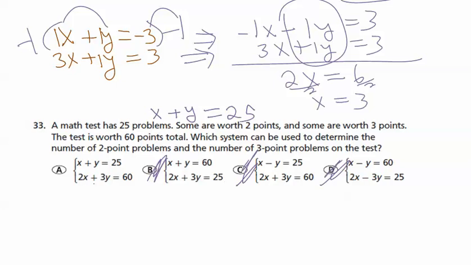Let's just go through and see if the second equation for A works. Some are worth 2 points and some are worth 3 points. The test is worth 60 points total. This makes total sense here. 2 times the x type of problem plus 3 times the y type equals 60 points. A is the solution. We didn't work it out, but that's the system of equations